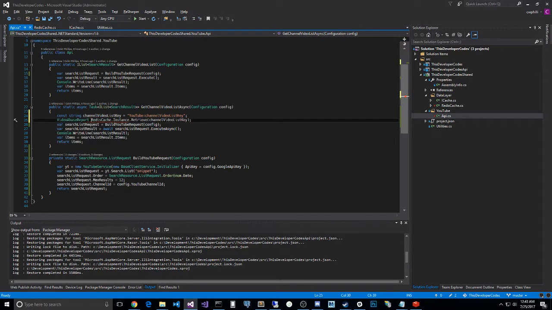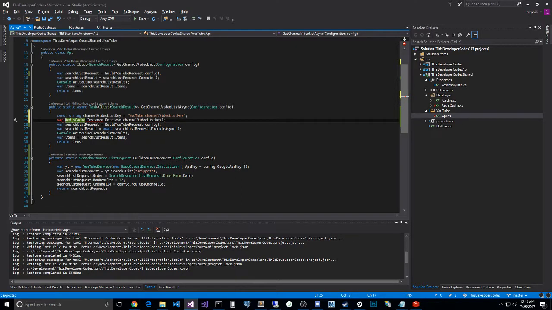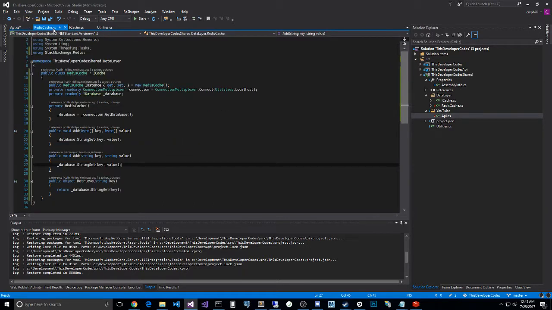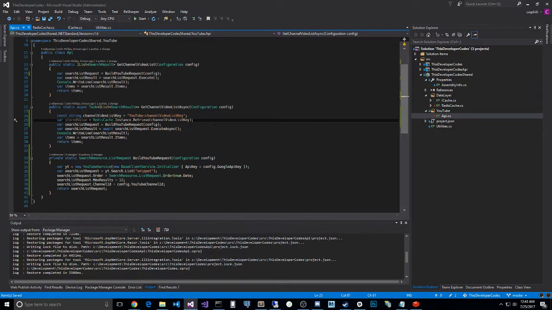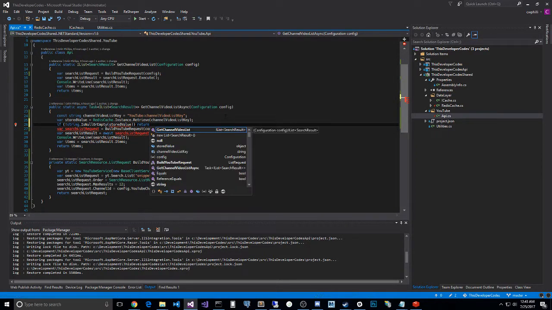Somehow that ended up as a member variable last time, I guess. Okay, stored value. So we're going to say if it's not null or empty, return, and we're going to say